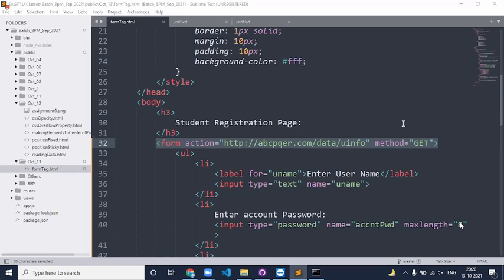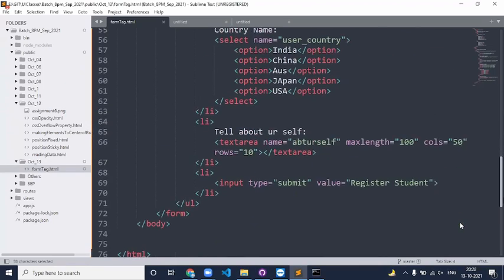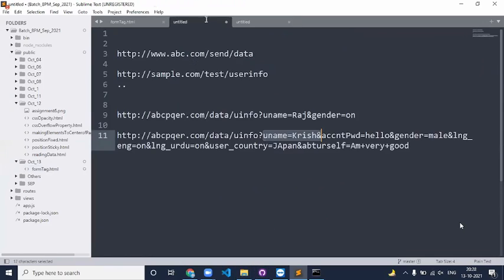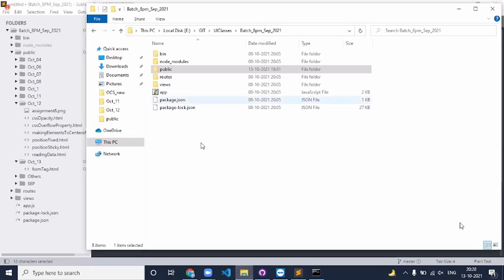Sir, in About Yourself, you wrote a sentence, right? So the spaces are replaced with a plus symbol in the URL, right? In the URL, you cannot give spaces. Remember, that is the reason I have asked you that anytime you are creating file names, always make a habit of not adding any space in file names or folder names, whatever it is.